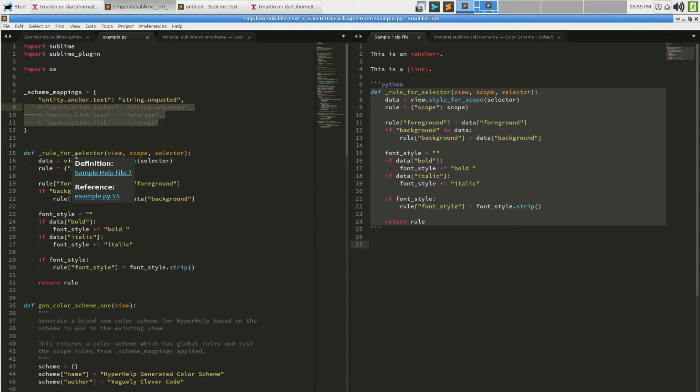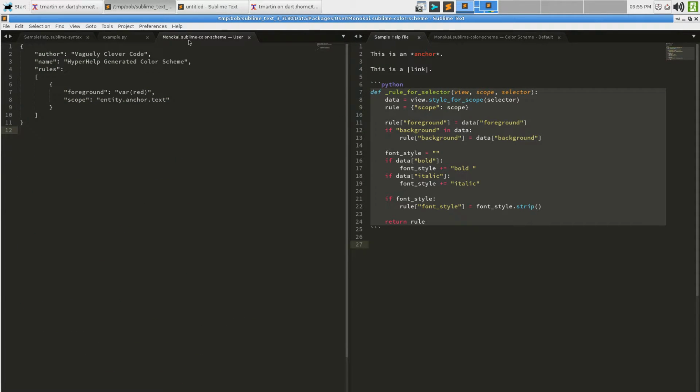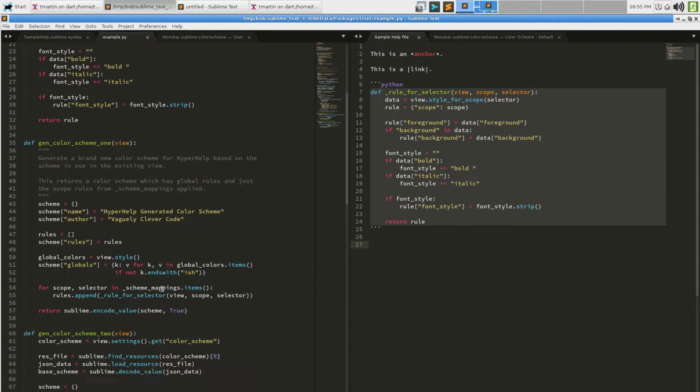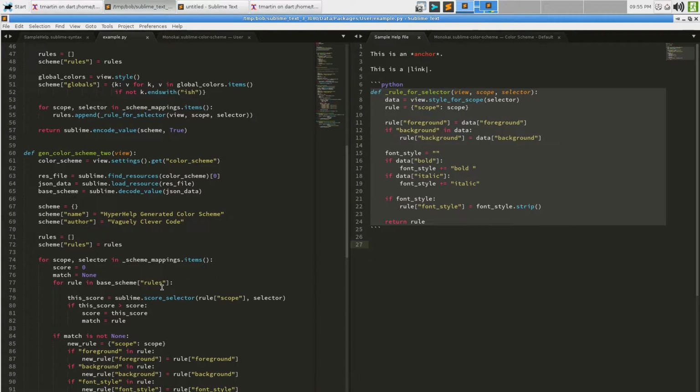Okay, so when we do this, only anchor text gets pulled, and we see that there. And then down here, we can say print, just to see what it's doing.